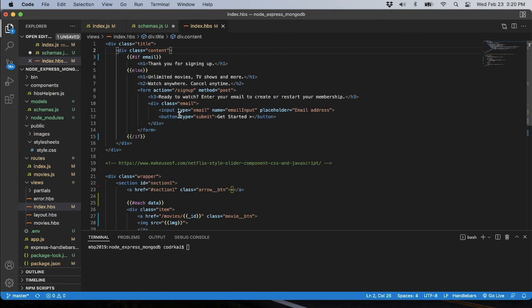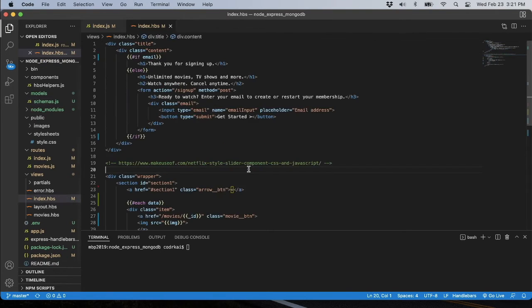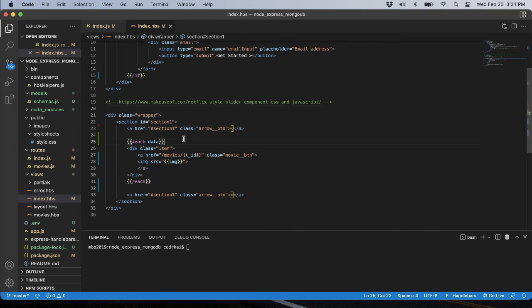Save that. All right, so I had another error right here. If we go into our model schemas file right here, schemas.js, always be careful with your typing because I didn't spell this correctly. I forgot an S right here. So movies, and that's what it's using right here for my movies to pull the data. Always check your spelling. Now let's go and run our server again, npm start,